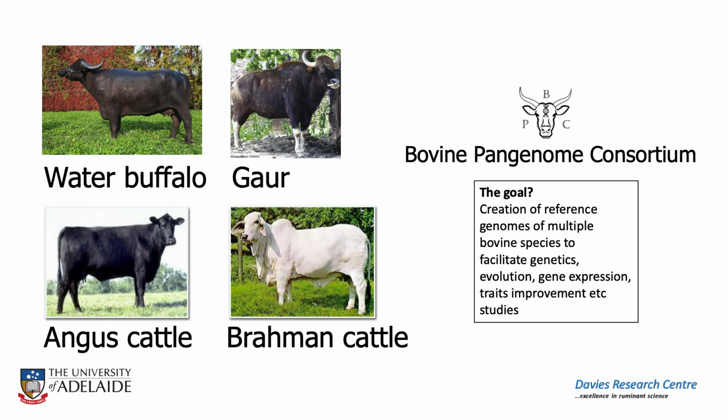Here are the ruminant species that I'm currently working on: the water buffalo, gaur, Angus, and Brahman cattle. Water buffalo and cattle are livestock animals valued for their milk and meat. Gaur is the largest species of wild cattle that may become endangered in the near future. It is native to South and Southeast Asia and has been listed as vulnerable on the International Union for Conservation